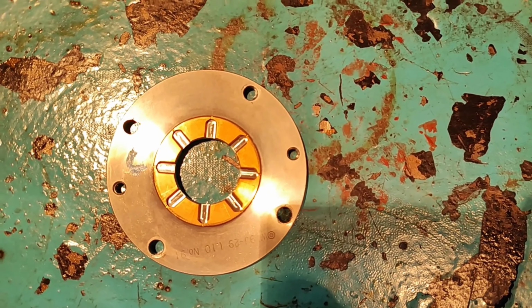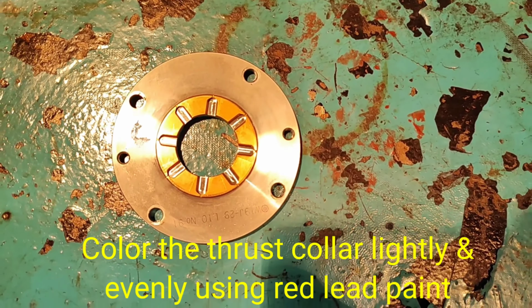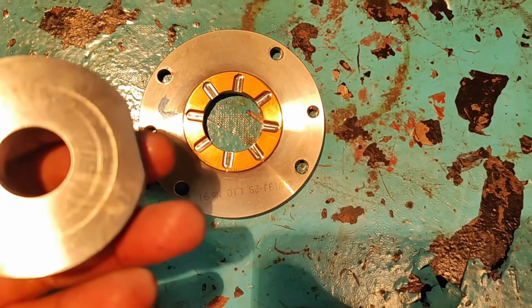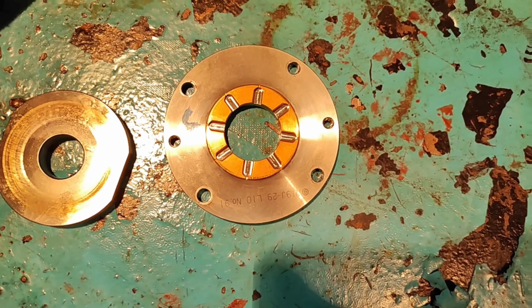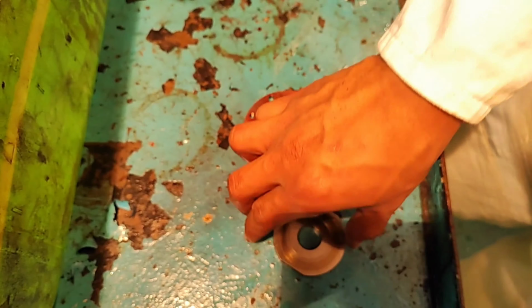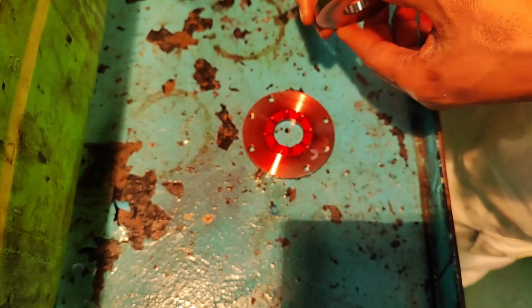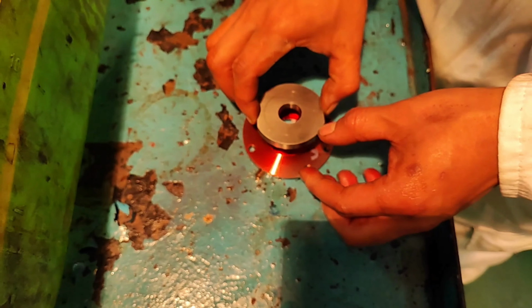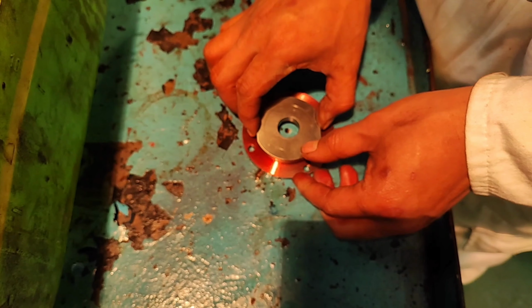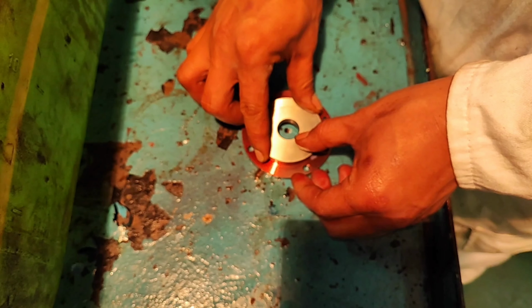Inspection procedure for flat part ratio. Color the thrust collar or base plate lightly and evenly using red lead paint. Lightly place the colored side against the metal surface of the thrust bearing. Rotate the thrust collar or base plate in one direction so that the red lead paint contacts the thrust bearing. Remove the thrust collar or base plate and check the transfer of the red ink in order to determine the